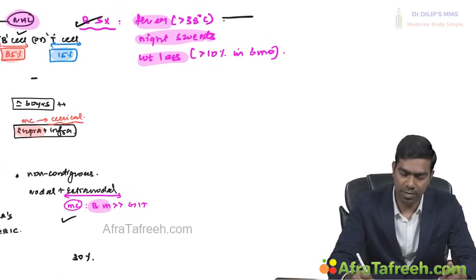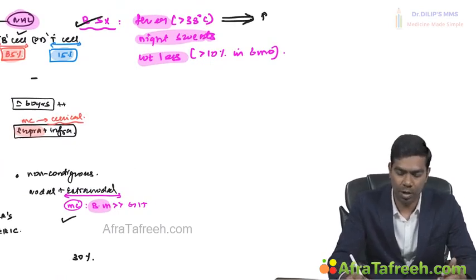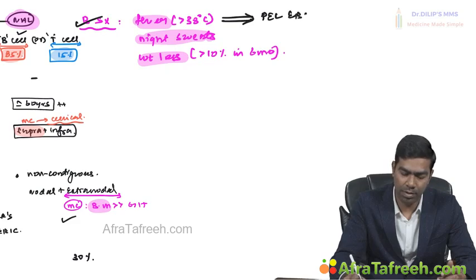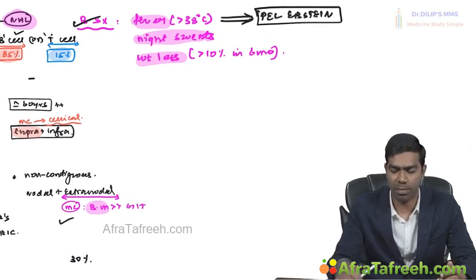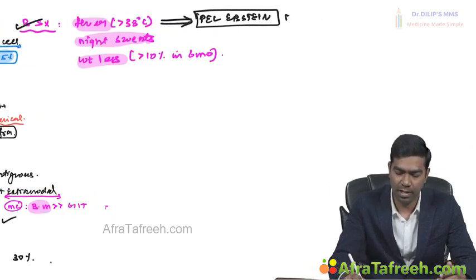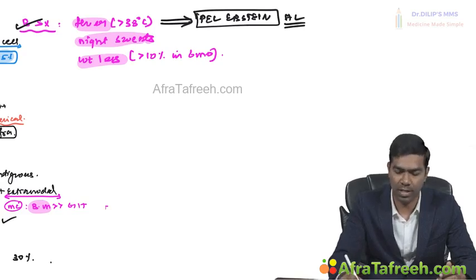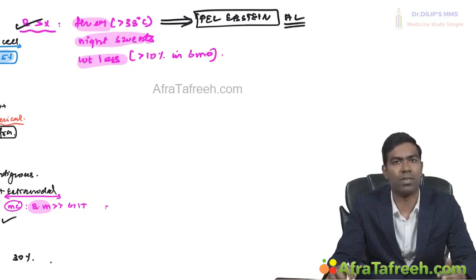And typically this fever has one characteristic type called a Pel-Ebstein type of fever. This is a recurrent fever, very characteristic of Hodgkin lymphoma, seen in approximately 10 to 15% of the cases. Around 10% to 20% of cases of Hodgkin lymphoma may have this characteristic Pel-Ebstein type